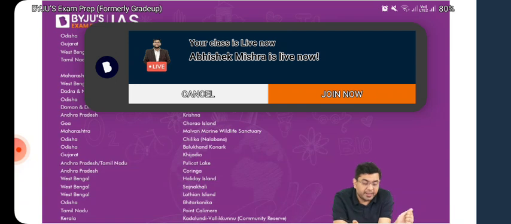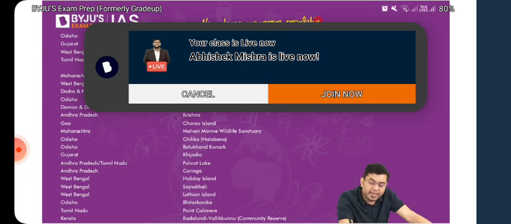Then, for example, when you consider the Bhitarkanika region, it is one of the areas which has a very high amount of mangrove population. This is also the area where you will find the large crocodile species. Okay, so mangrove population across the eastern coastline, after Sundarbans, is to be found in one of the largest densities. So a very large mangrove population. In India, the largest mangrove population is situated in Sundarbans.